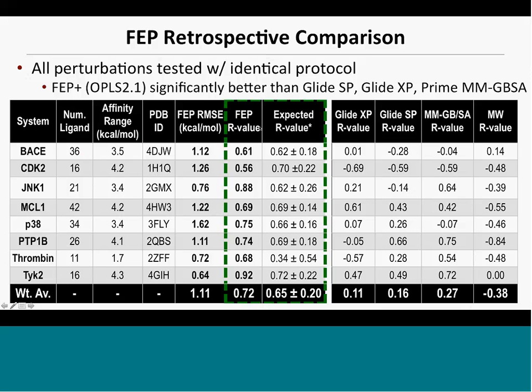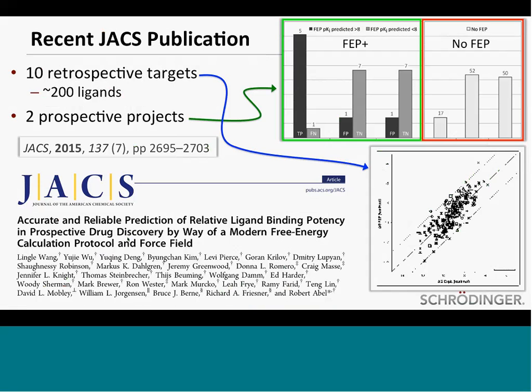We can get nice correlations depending on whether these affinity data ranges are large. You can get very good correlations, and sometimes when the affinity ranges are smaller, obviously predicting correlations is harder. But if we assume an R squared that's based on just fuzzing the data using the expected experimental noise, you get R squareds that are very close to what we see for FEP. And this is a completely different picture when we look at those more approximate methods like docking and implicit solvent methodologies or even molecular weight, where we see no correlation or very little correlation for these data sets across the board. We've summarized the retrospective data and the prospective data in this JACS publication that was published almost a year ago,